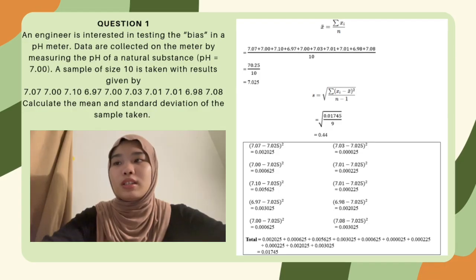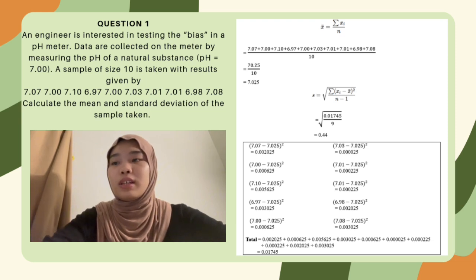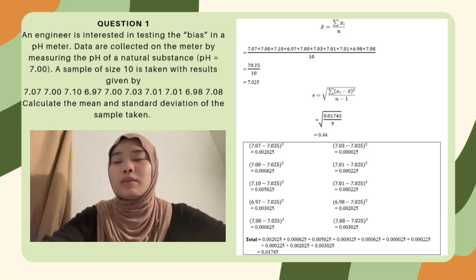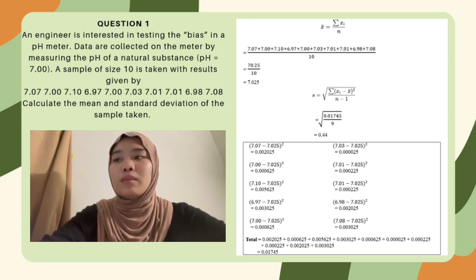An engineer is interested in testing the bias in a pH meter. Data are collected on the meter by measuring the pH of a natural substance, which is pH equal to 7.00. A sample of size 10 is taken with result given by